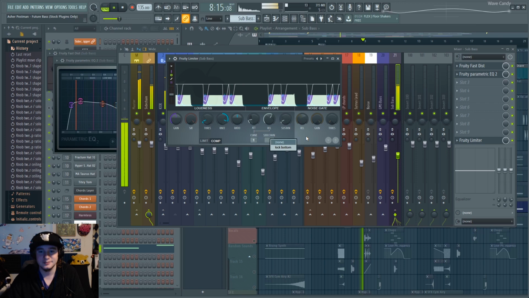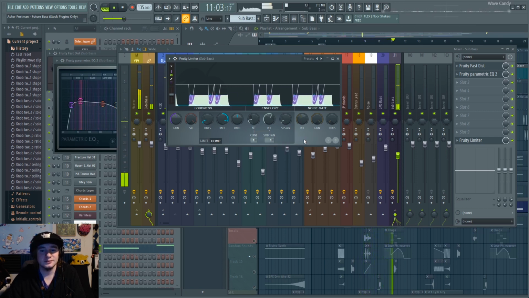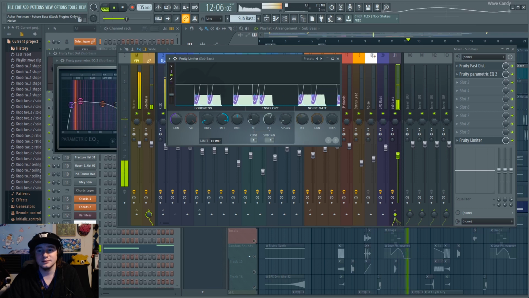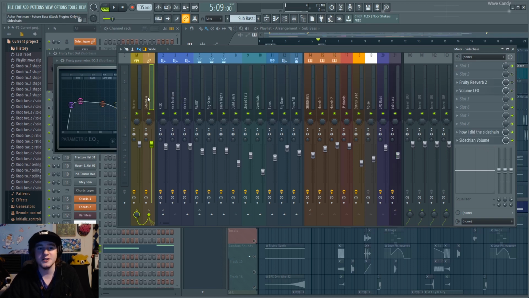Yep. It's interesting because he has different sidechain parameters going on. He has a sidechain acting upon his sub bass with the limiter for being sent from the kick. That makes sense. And then he also has the sidechain with